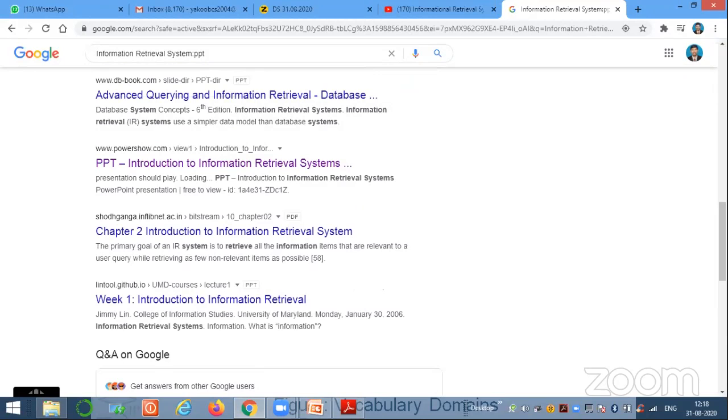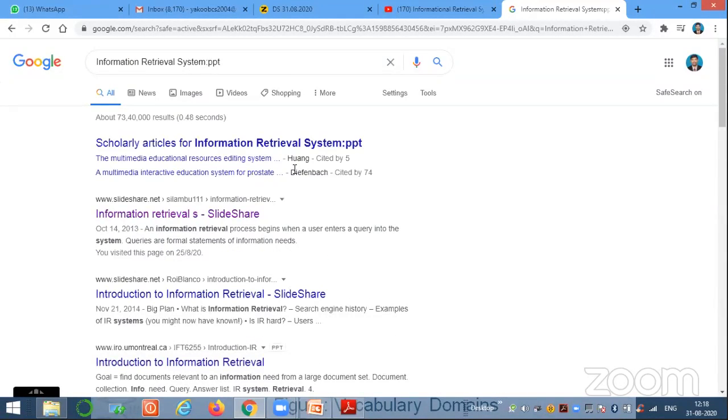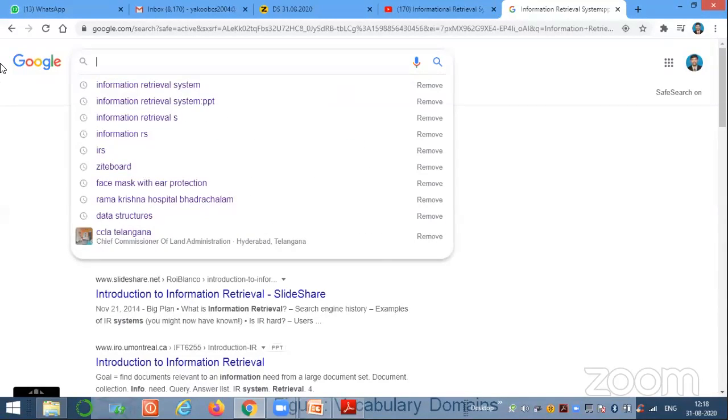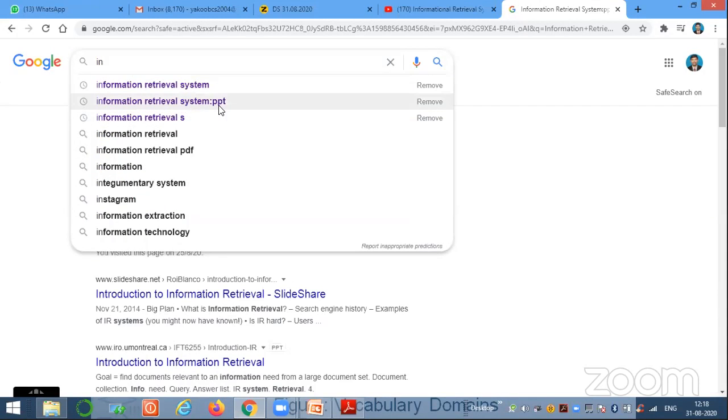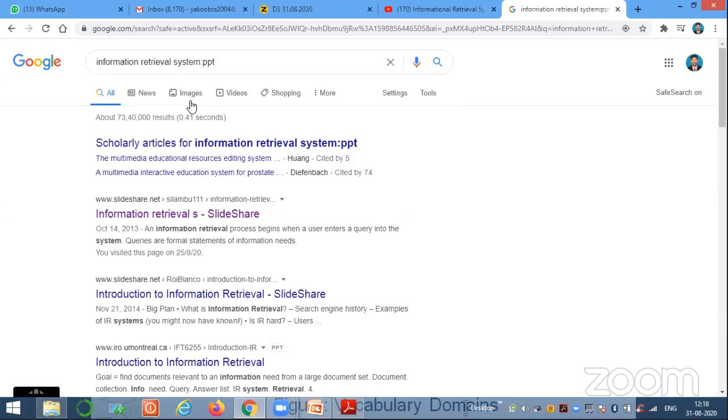So Google search is providing that. It is the best example for an information retrieval system. I require this type of documents for my database, so I apply the same query again and again. Then my information retrieval system remembers this query. Next time onwards, if I type directly information, it directly gives information retrieval system PPT. So just apply that and you can do it. Like that, it remembers the user's activity. So my IRS is also capable of remembering the user's